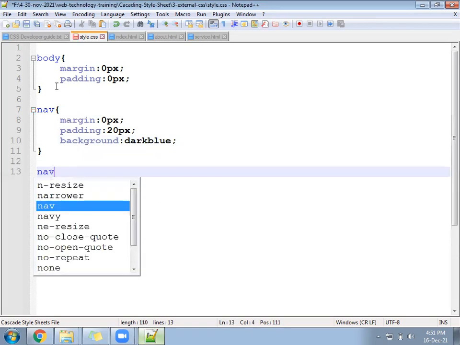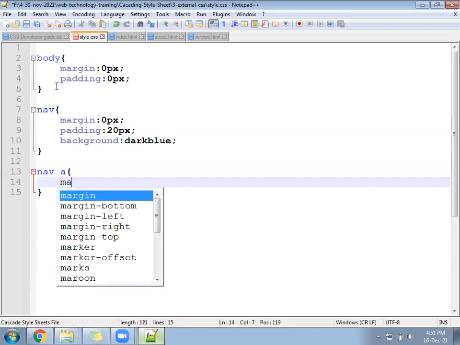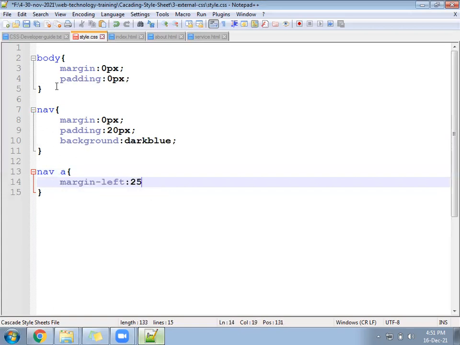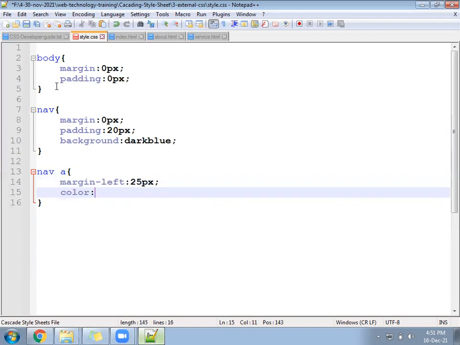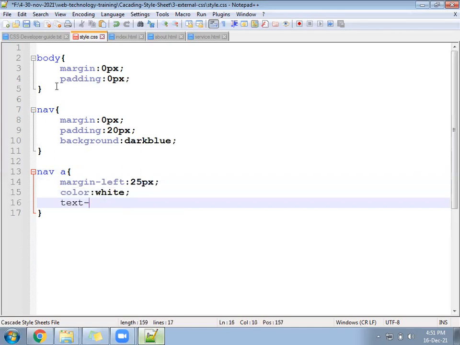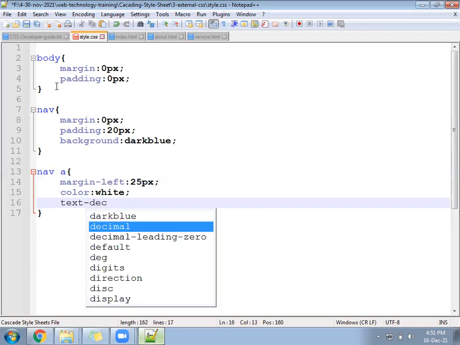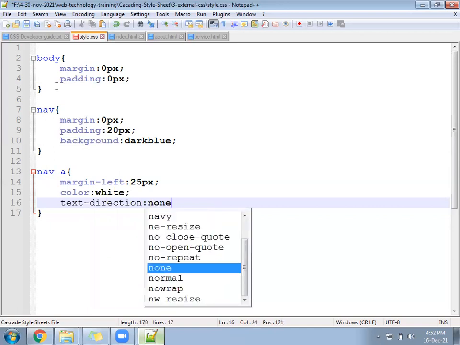Come down below. Inside the nav there is an a tag. The a tag should have margin from the left-hand side somewhere 25 px, and the color of the a tag put in white color, and text decoration keep as none.